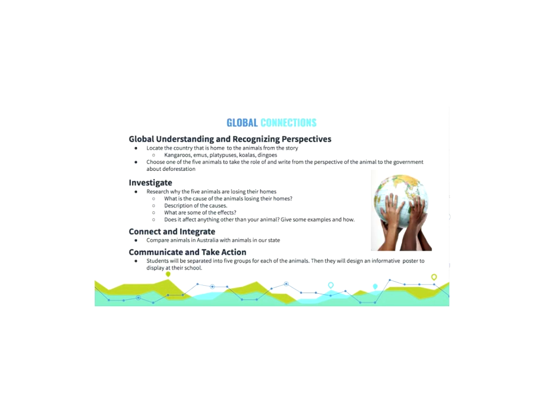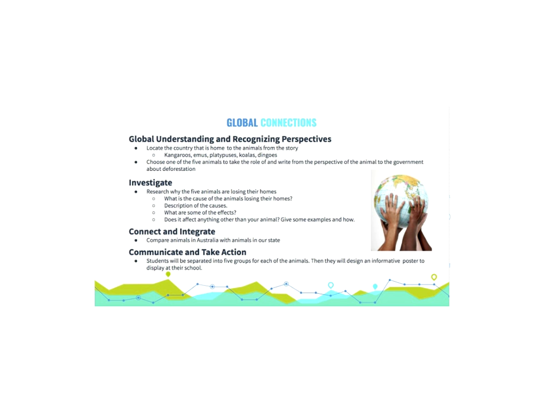So for our global connections, we would have the students locate the country that all these animals live in. The story talks about kangaroos, emus, platypuses, koalas, and dingoes. All 5 of these animals happen to be endangered species, so the global connection would really focus on endangered species. Once the students locate the country and realize that they're all from Australia, we would have them move forward and